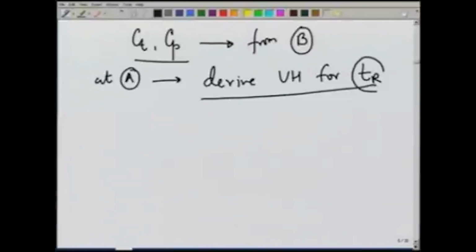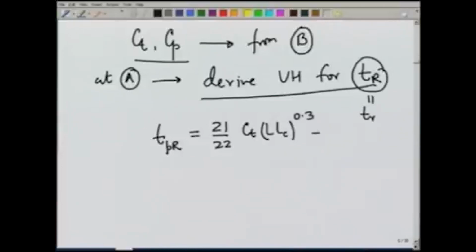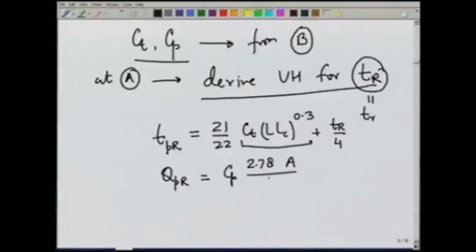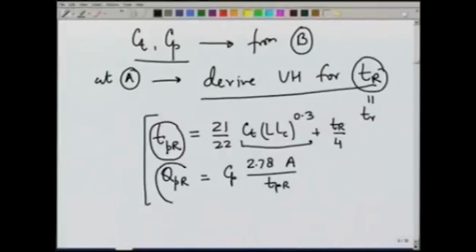If this Tr is equal to the standard duration Tr, then we do not have to do anything, but if it is not, then again we have to use the Snyder's proposal, and what we do is write Tpr, where this term is nothing but Tp, and then we can write Qp for the required duration Tr as Tpr. So, this will give us the time to peak for the required unit hydrograph and the discharge at peak Qp for